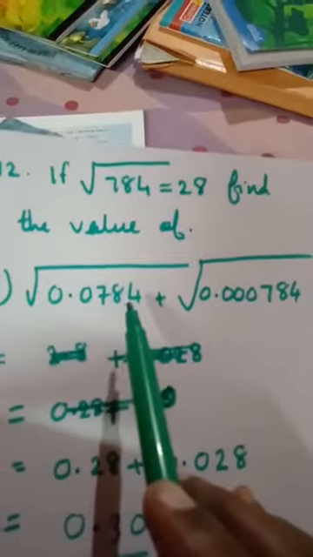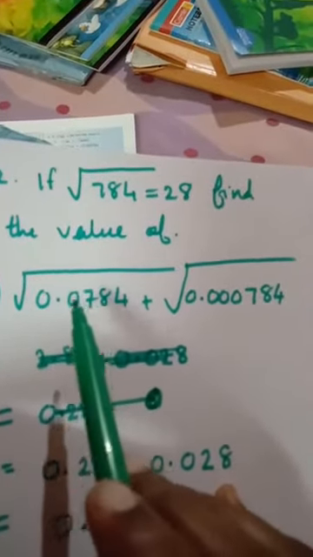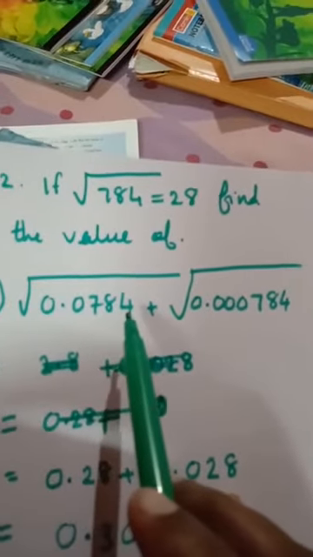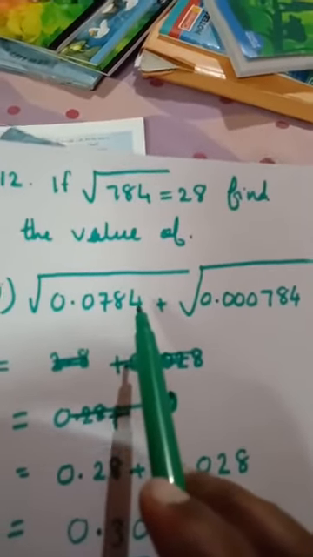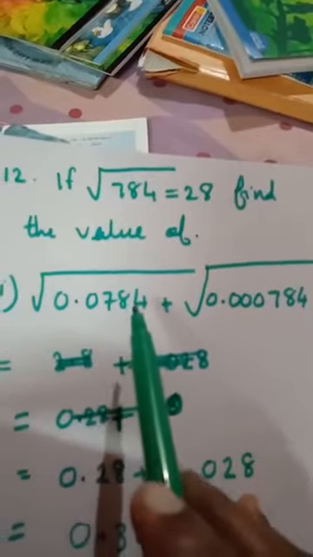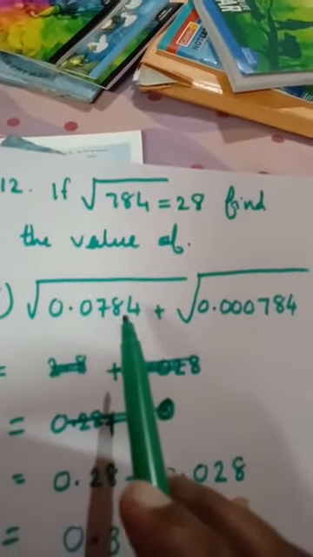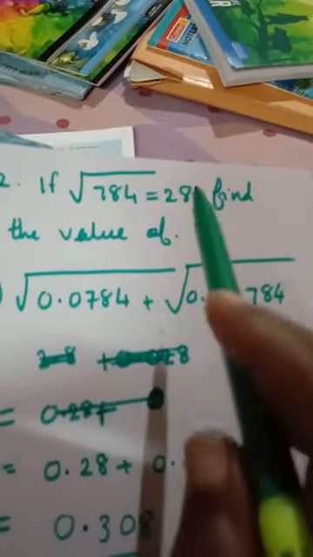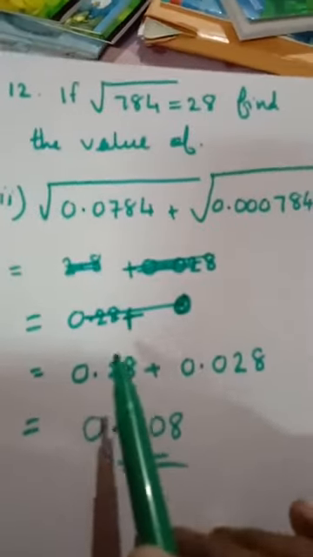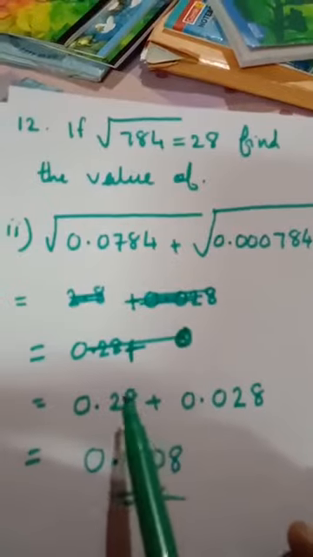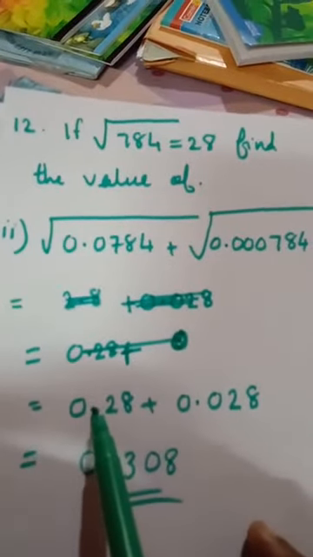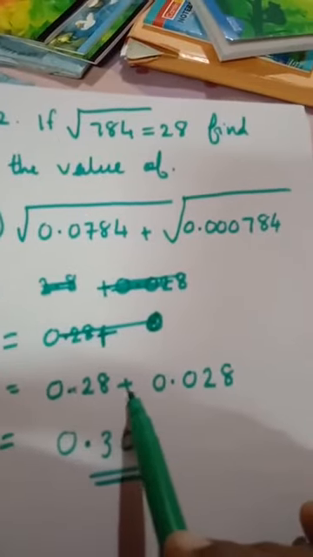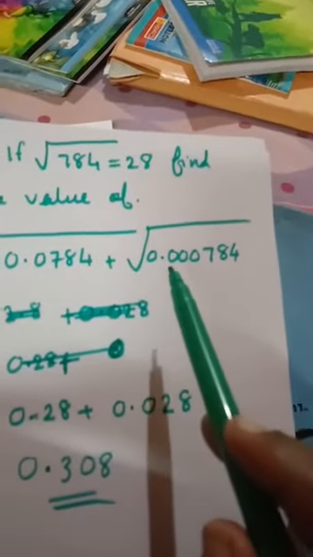In the square root, root of 0.0784, here 4 decimal places are there. So in the root, how many decimal places are there? Just half. That is 2 decimal places. 28 is the answer. 28 can be written with 2 decimal places, 1, 2. Okay, that is 0.28 plus